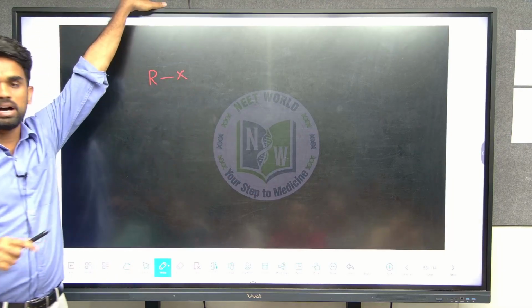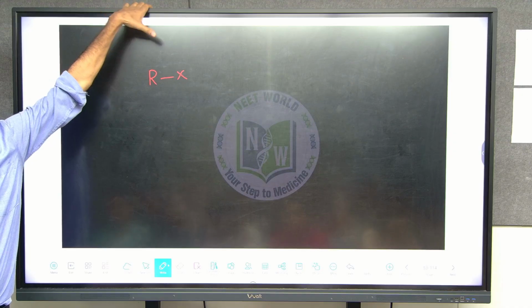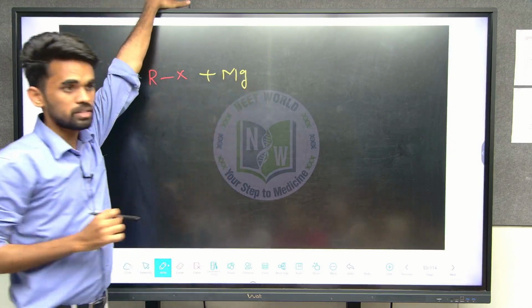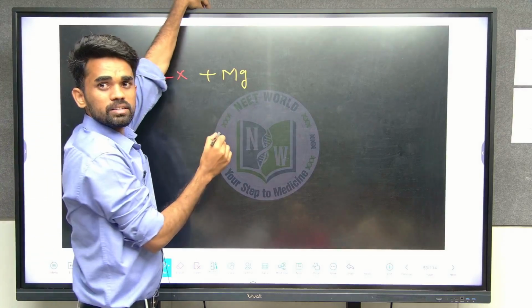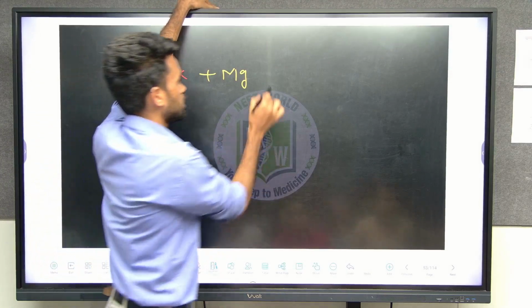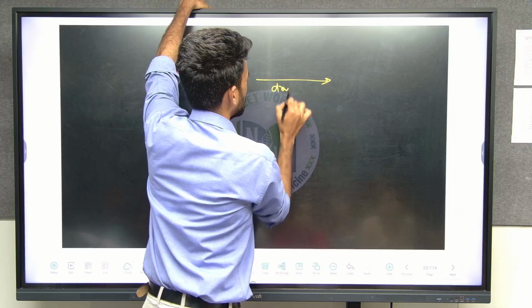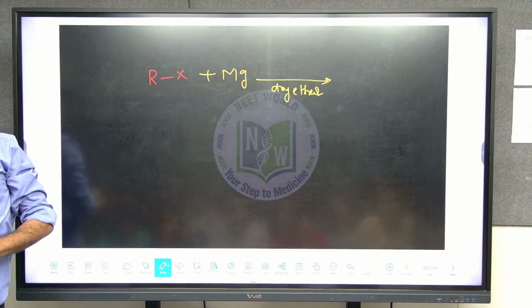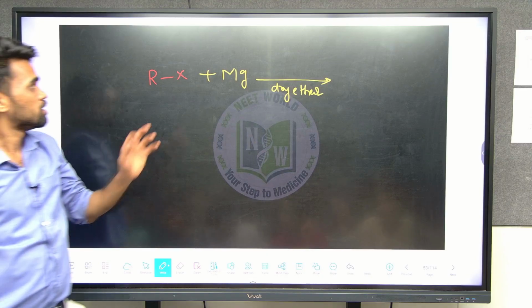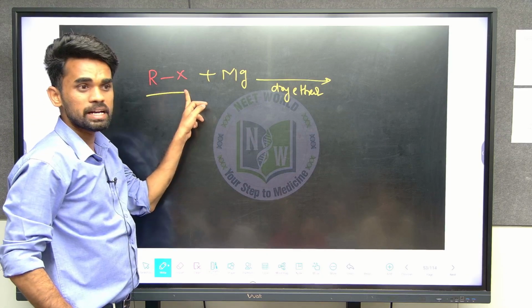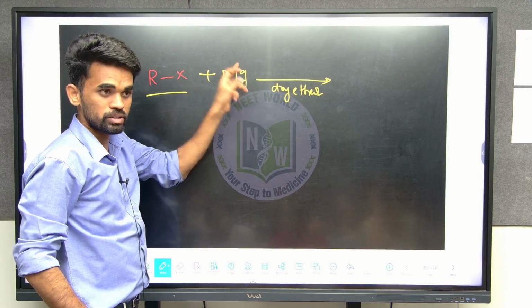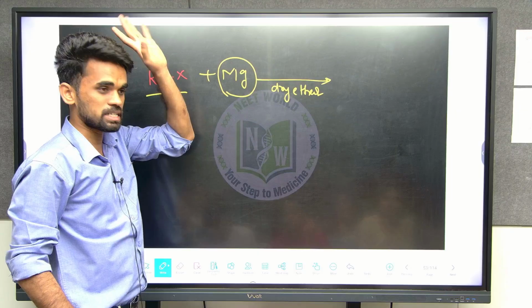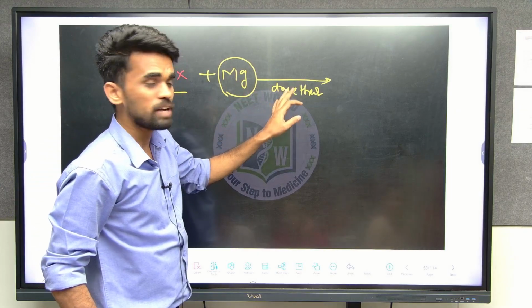RX I have. RX means alkyl halides. Upon treating with magnesium, with what I am treating? This reaction takes place in ether condition, dry ether. So what I am saying, alkyl halides, here it is not sodium, don't think Wurtz reaction. So it is what? Magnesium. Sodium means Wurtz reaction, that is perfect. In dry ether, it forms